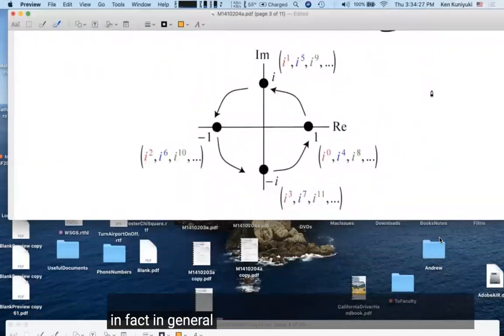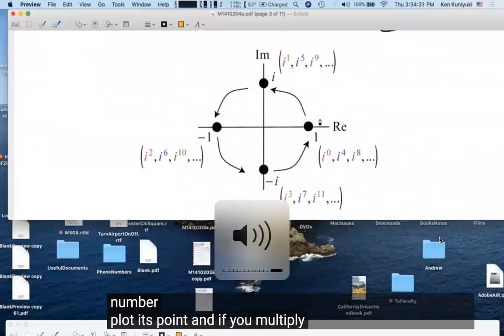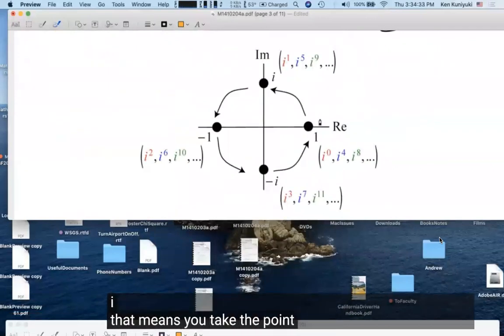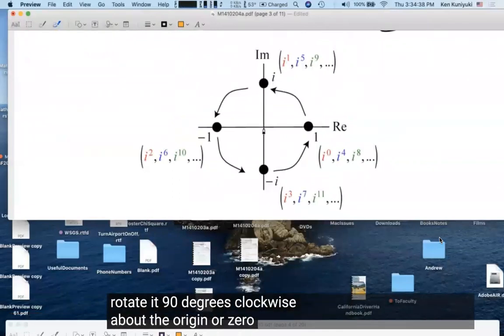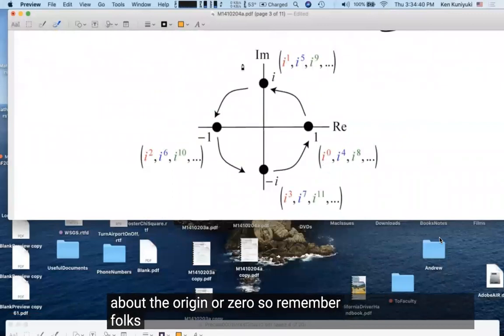In fact, in general, if you take a complex number, plot its point, and multiply it by i, that means you take the point and rotate it 90 degrees about the origin, or 0. So remember, folks,